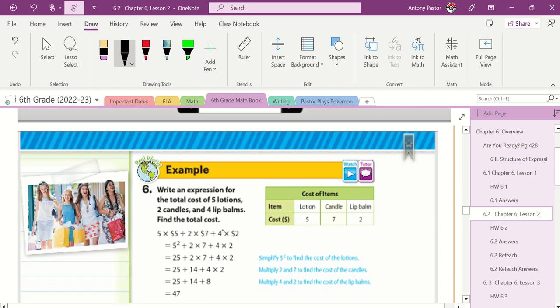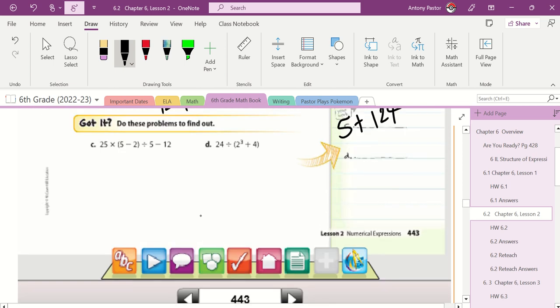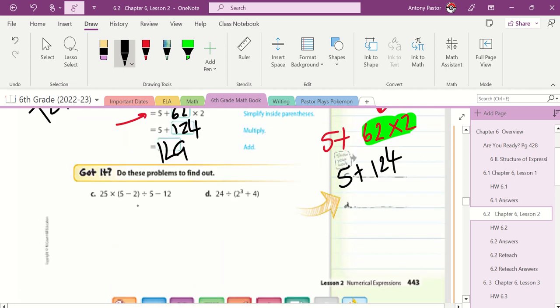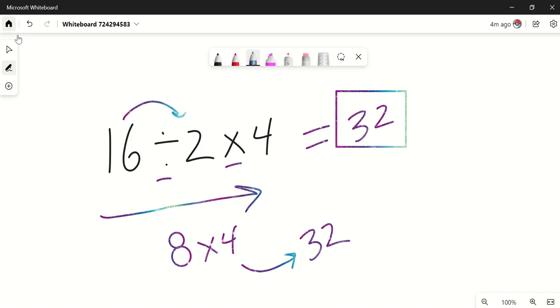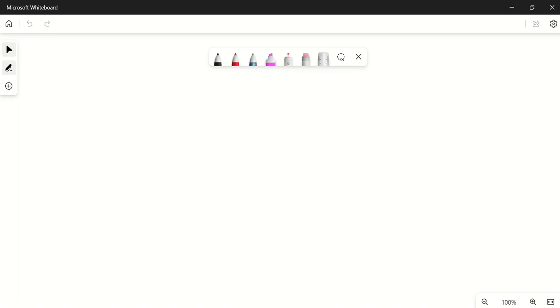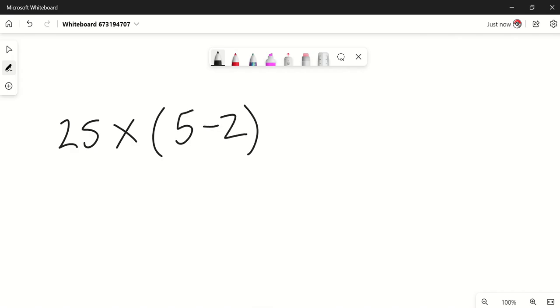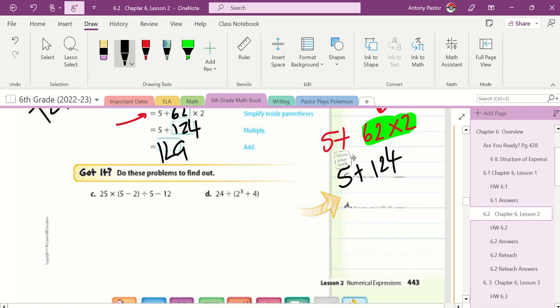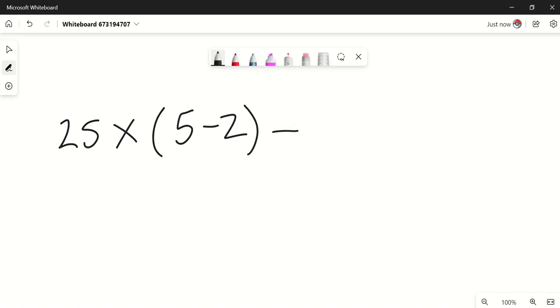We're going to go ahead and do these got it problems, and then we're going to call this one a video. So we're going to go ahead and work on a whiteboard that actually likes my pen, and rewrite the question. So we have 25 times, and then I have a parenthesis, 5 minus 2, close parentheses, divided by 5 minus 12. Now I'm going to write PEMDAS up here again,